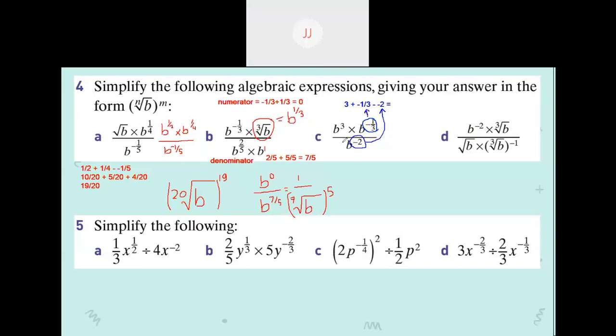Teacher, but can I do it one by one? Yeah, it's okay. You can simplify the numerator first, simplify the denominator first, like I did in question B. That is also okay. That's why there are so many ways. But the first thing you have to know is all the index laws. If you know all of the index laws, the order of simplifying will be up to you. As long as you use the index laws properly, the method can vary. That's why I cannot explain all of the methods. If you disagree later, you can just tell me, and I can try to clarify all of your doubts.